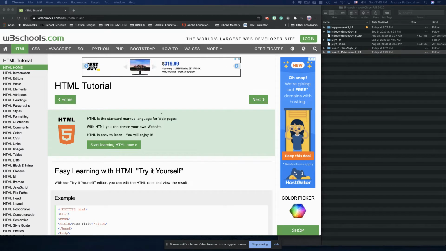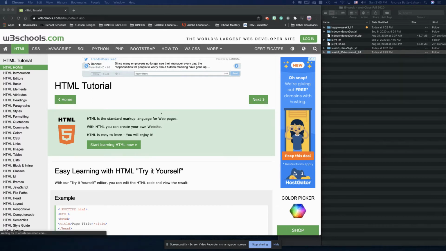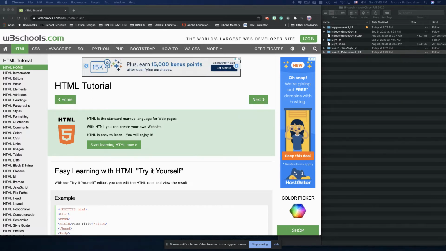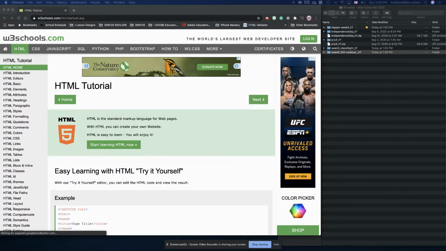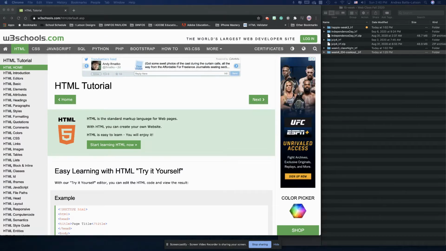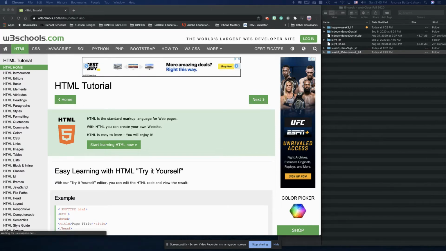So you'll start seeing me type all this up when we get into Photoshop and start marking this up to be a web page. But for now, the tab that we have been working in so far has been the HTML tab, and that's the one over here. So when you go to W3 Schools and click on HTML, that's the tab that we've been working in. And we got pretty much down to the